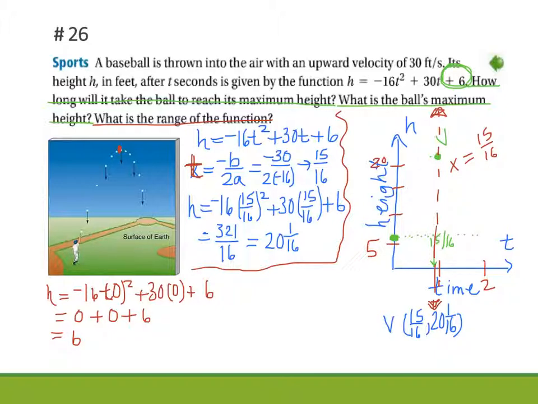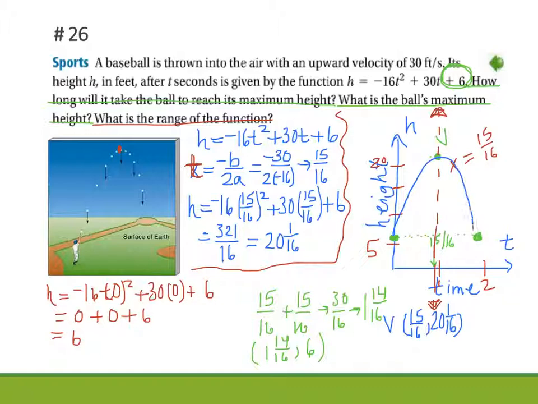I just need to know, well, where would that reflection point be? And I've got a nice graph of the function. So to do that, I just want to take 15 over 16 and add another 15 over 16 to it, which is 30 over 16. And 30 over 16 is the same thing as 1 and 14 over 16. So that tells me that (1 and 14 over 16, 6) is a reflection point. So that would be about right there. And that gives me the graph of the